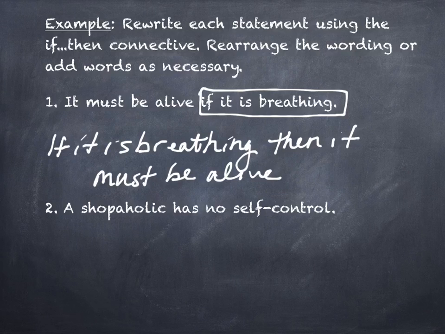So what do you think I could do to rewrite this so that it has the same meaning as an if-then statement? You got it. So I'm going to introduce the if because it's talking about some characteristic about a shopaholic, right? So if she, if he, if they, whatever word you want to use, I'm going to use they since that's what you used. If they are a shopaholic,